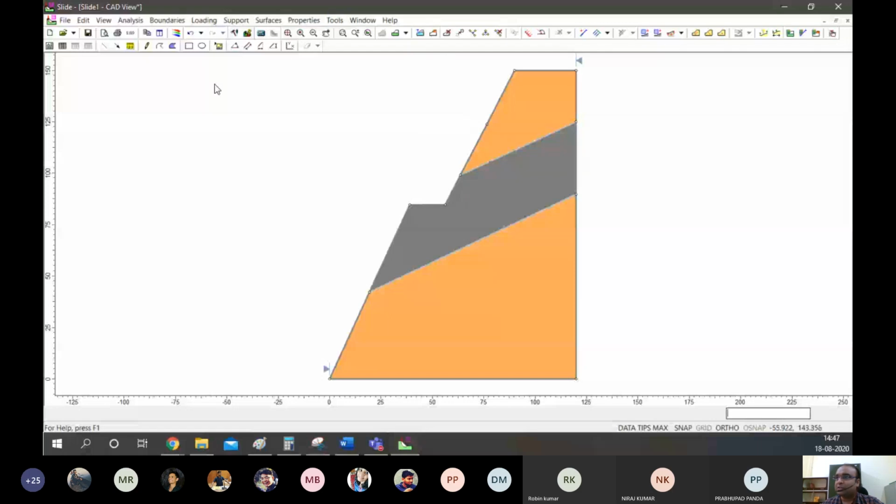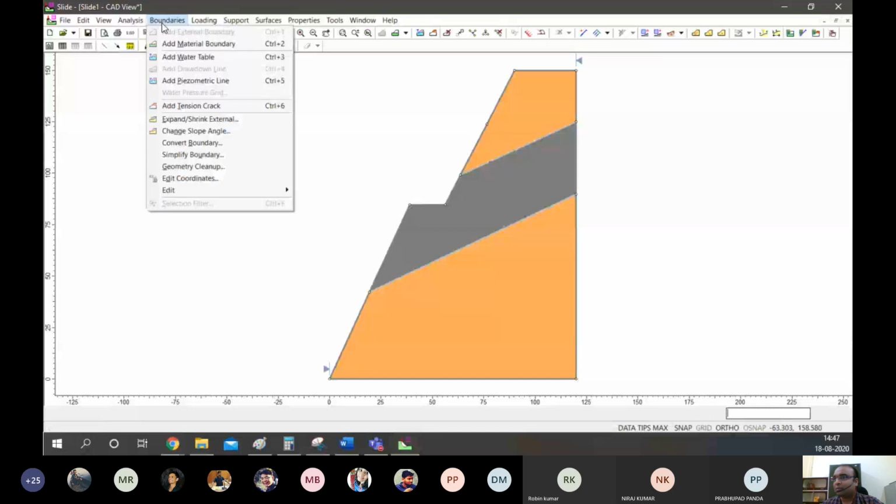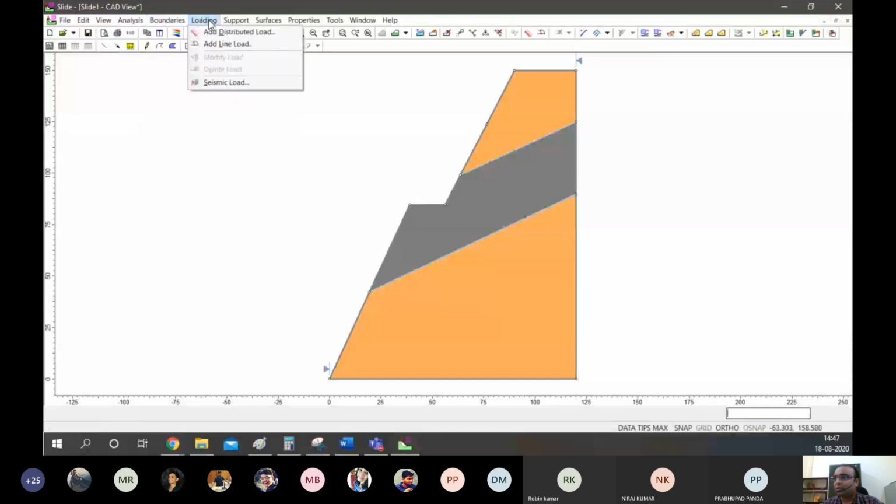Now comes the analysis part. In the analysis part, there is loading. We can put additional loads. So suppose there are